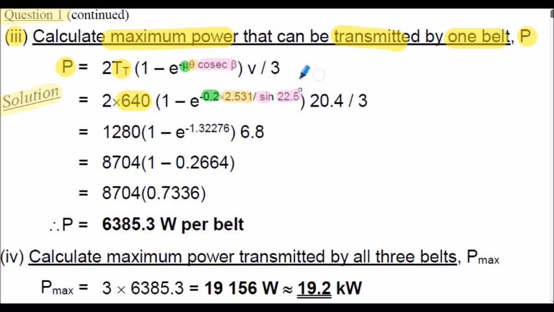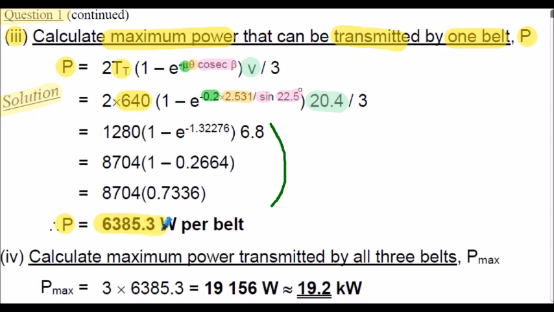Notice how we're mixing radians and degrees in this formula, but I've clearly stated theta is in radians and beta is in degrees with the notation here. We then multiply by the linear velocity v and of course divide by 3 from the equation. So evaluating, I'll let you undertake the arithmetic at your own pace. What you should find is the power transmitted by one belt is